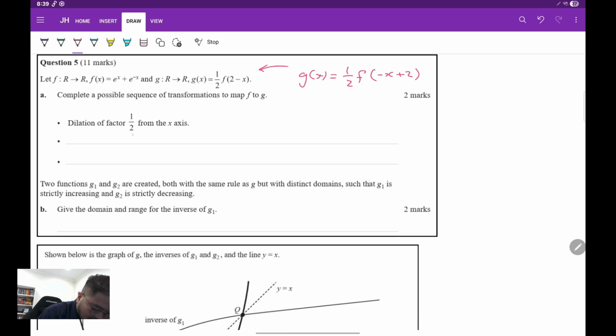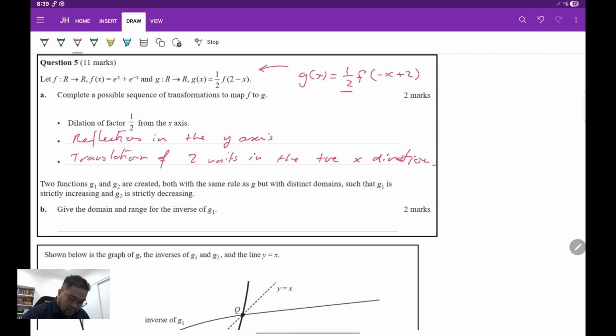And I would write down the dilation factor of half from the x-axis. I would also mention a reflection in the y-axis and a translation of 2 units in the positive x direction. Okay, by reading this. Now, the next one here says two functions g1 and g2 are created with both the